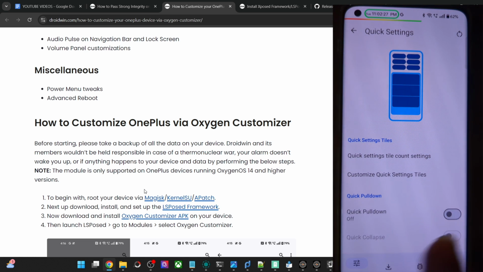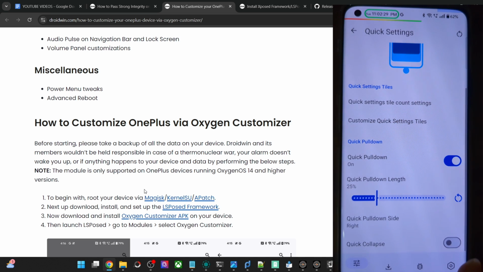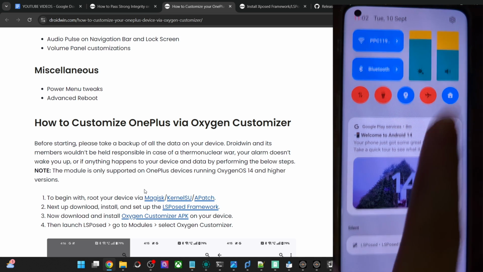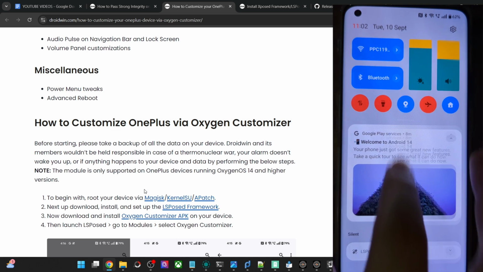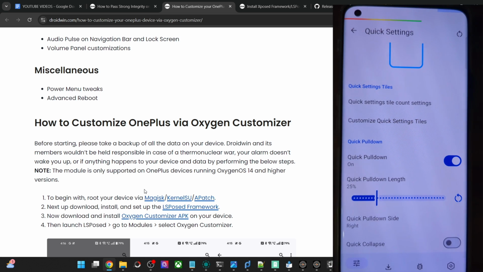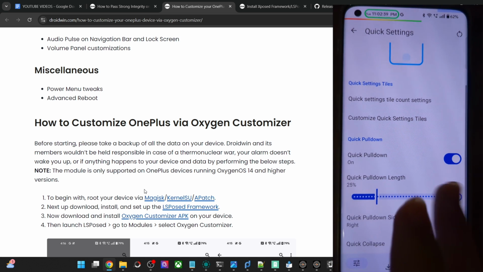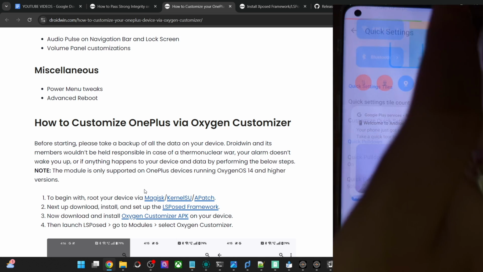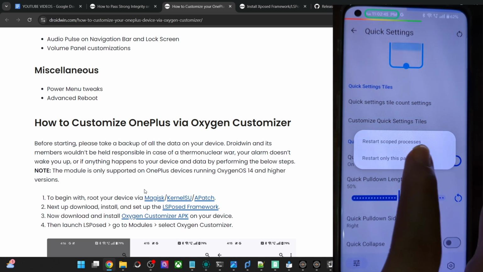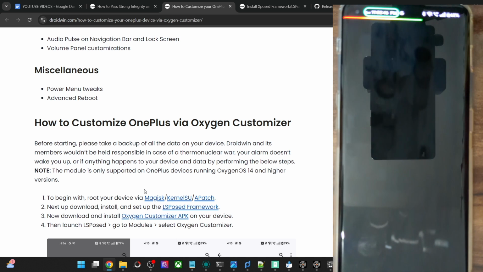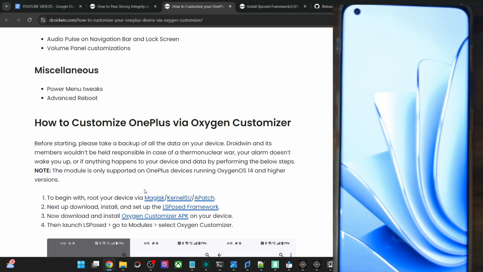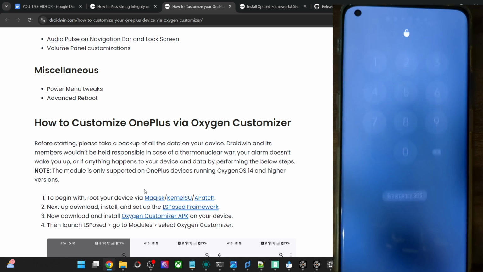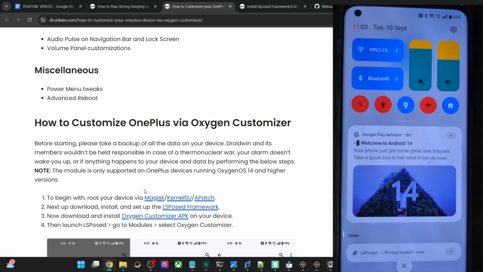Then apart from that, you may enable the quick pull down, let's say from the right hand side, so it will expand the entire notification section, as you could see. So let's give it a try once again. First let me increase the length, it might work now. So for some, okay, so let's do a system UI restart, and then let me see if it works or not. So it might take a few seconds, so let's again give it a try.